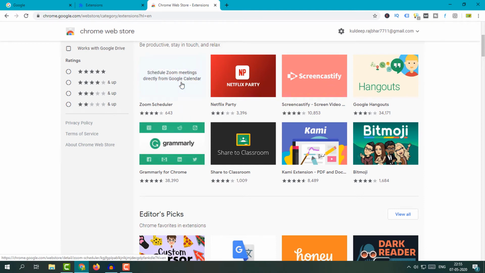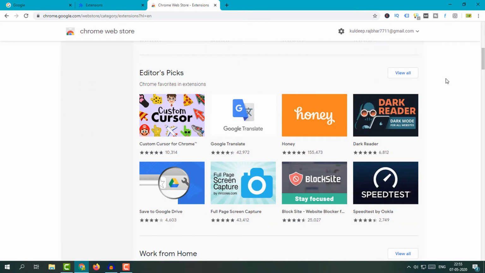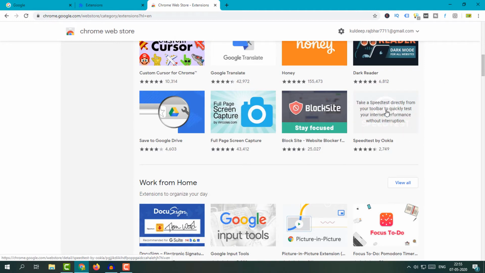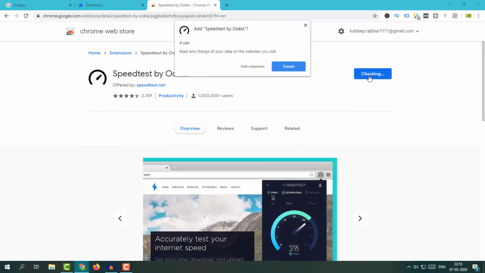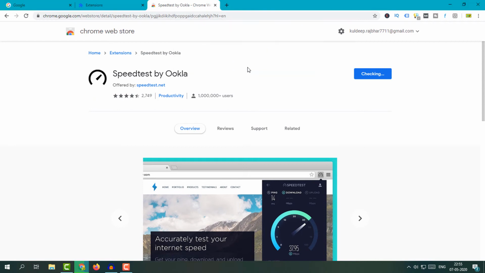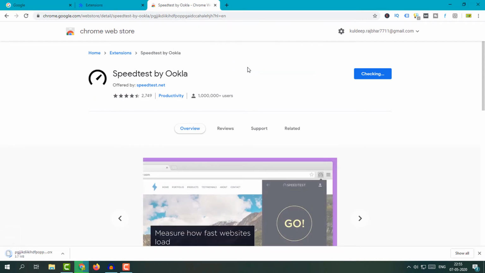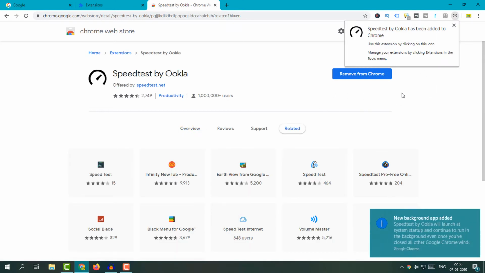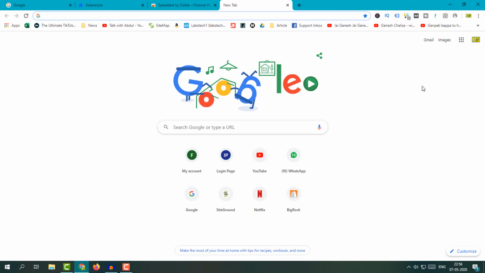This is the Zoom extension. If you want to do online meetings like that, then you can use this extension. And here I'm going to use another extension like speed test extension. Okay, this is provided by Ookla. So here I'm going to add and click here this add extension. This is taking some time to review all the code, and then this will install. So friend, you can see this extension is installed now, and here I'm going to check how it will work.